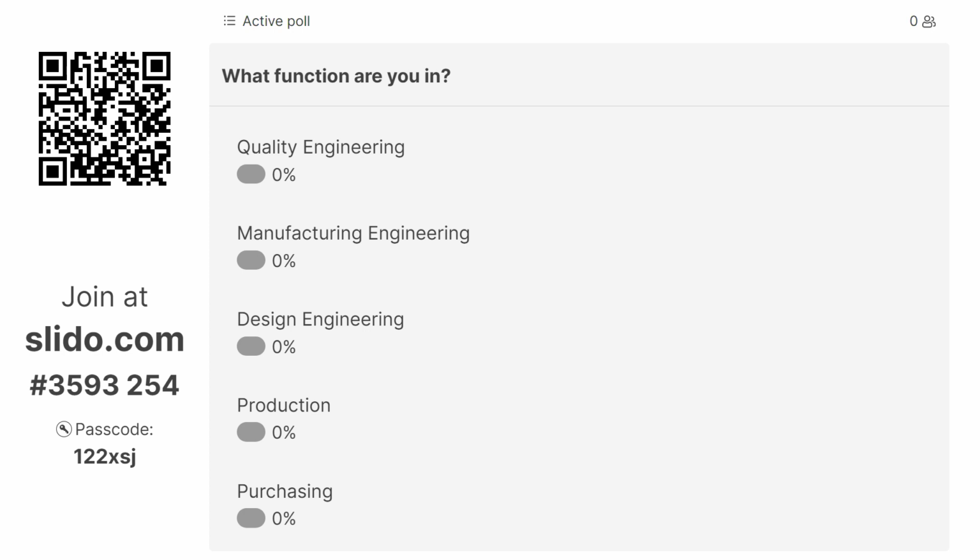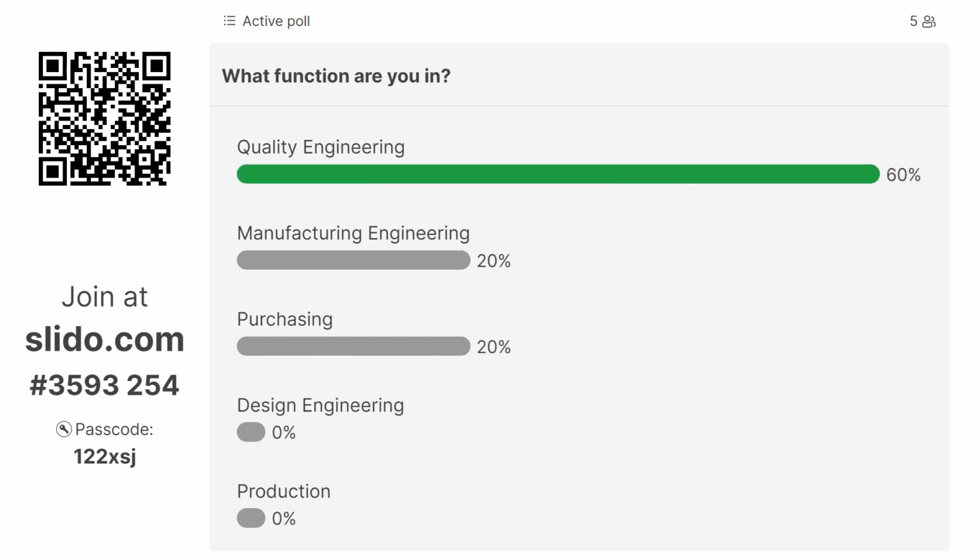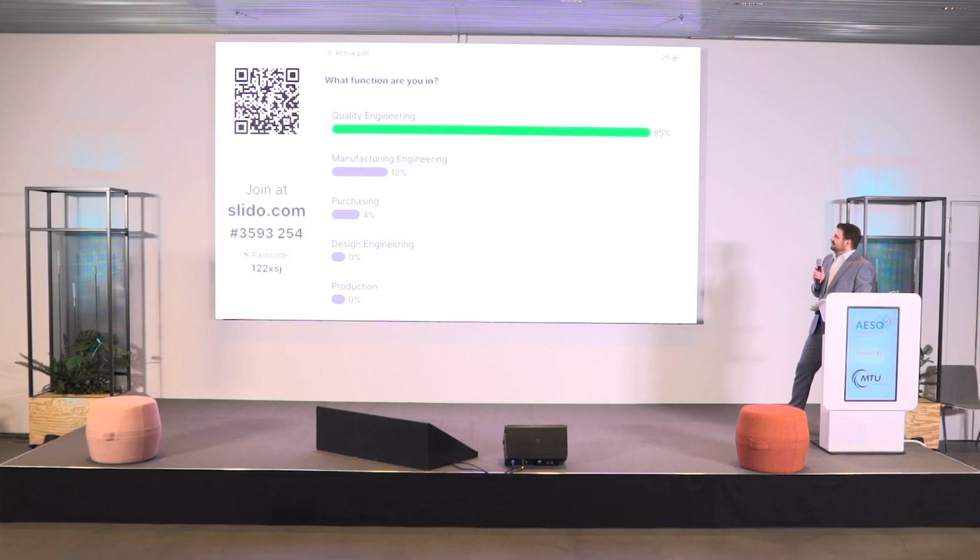And then the final one, what function are you in, just to get a feeling for who we are talking to. Quality is not a quality-itself topic, right? Therefore, it's always interesting for us to see in which function you are. Quality engineering, okay. I was hoping to see more design engineers here, actually.